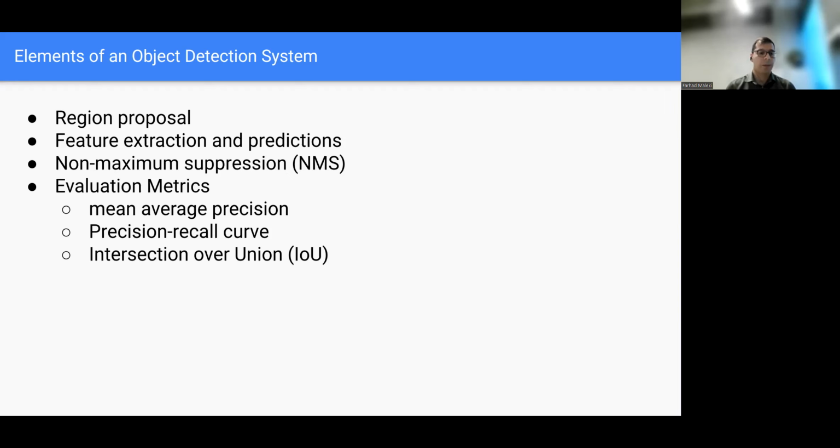Perhaps you are familiar with recall, or sometimes we call it sensitivity. We talk about it as well. So we want to have this balance of recall, this interaction between recall and precision. And the precision-recall curve is another thing that can be used. And intersection over union is another component that I'll go through as an evaluation metric.